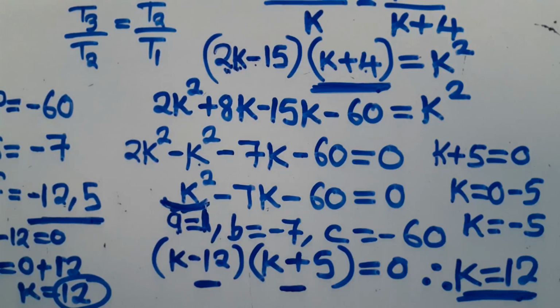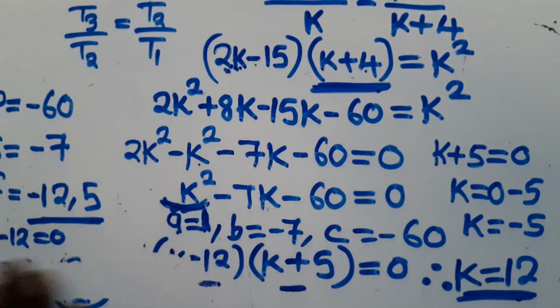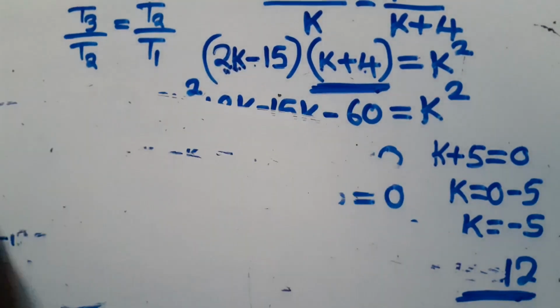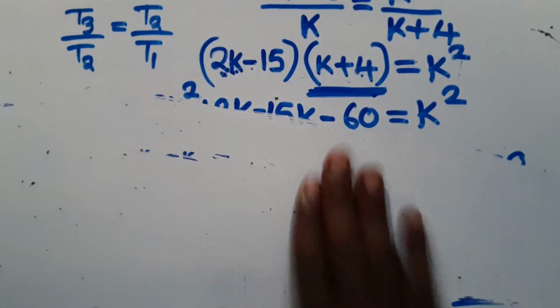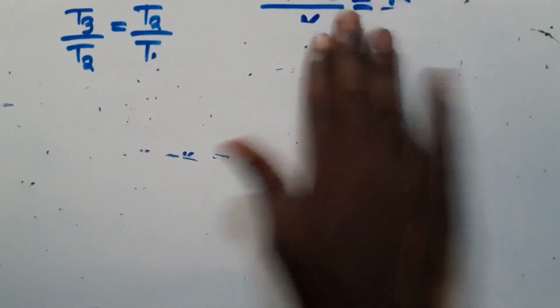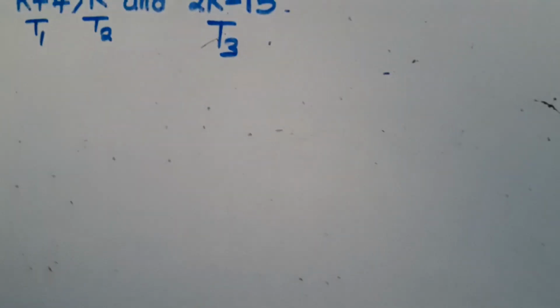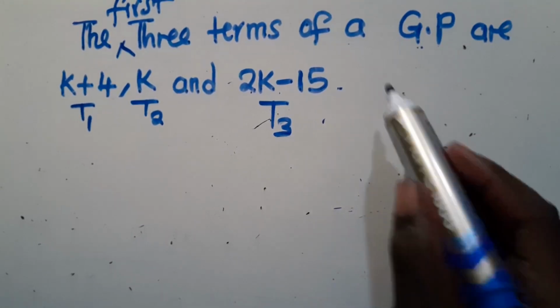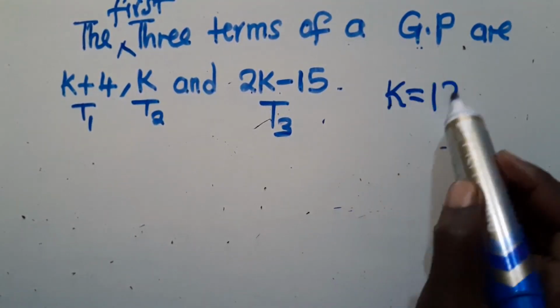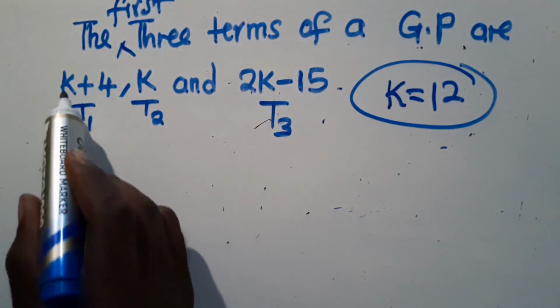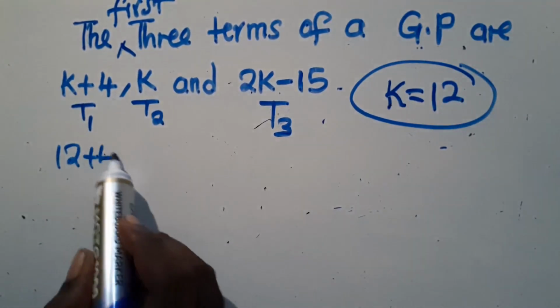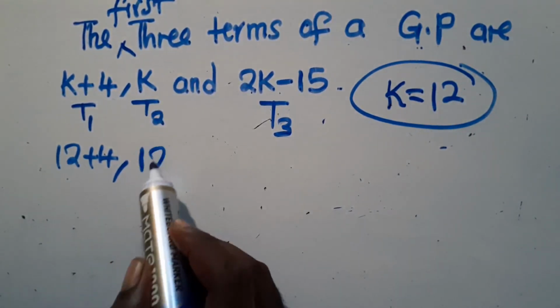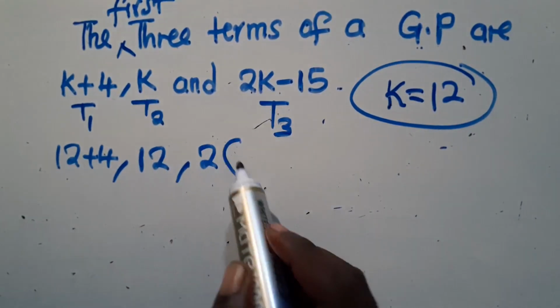The next question, you are told to find the first 3 terms. How can you find the first 3 terms? Hope you've seen all these procedures that I was doing. So I go back to my question. This is my wonderful question. So I know that k is 12. Where there is k, I put 12. So that is 12 plus 4, the first term. Second term is 12. Third term is 2 times 12